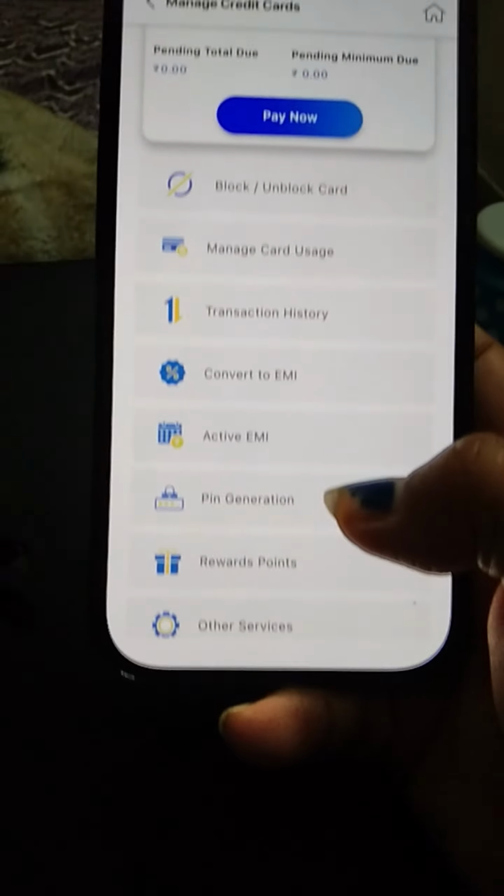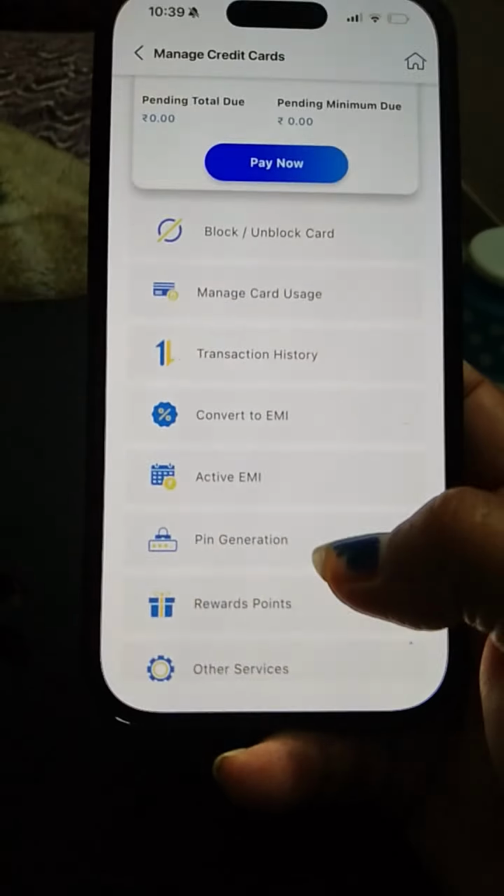I will just show you how I do it, and you need to know the terminology as well. This is my credit card section, and I will tell you how I manage it.